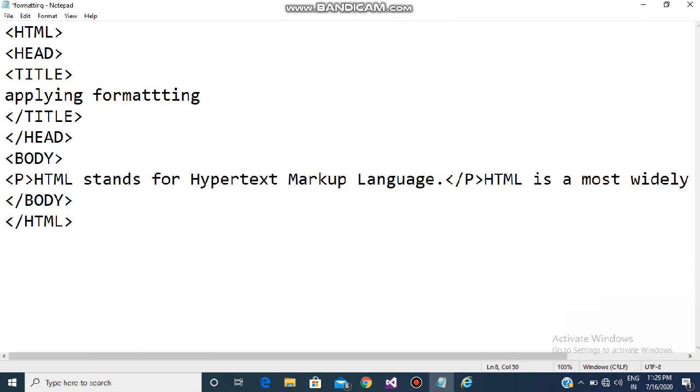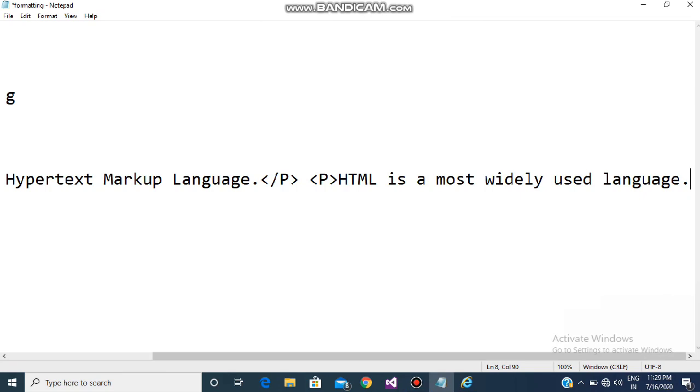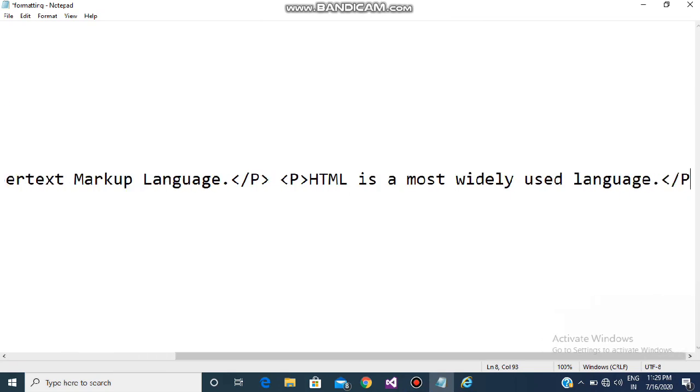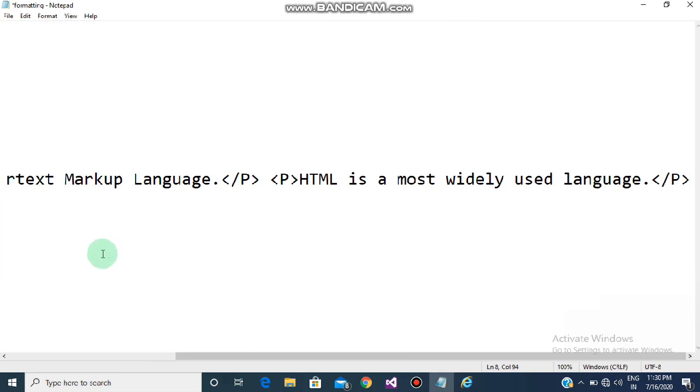This is another one. Then again I'll open my p tag, because I want this in paragraph form too, and here I'm closing my p tag. So this is what I have written using the paragraph tag, which is the p tag.